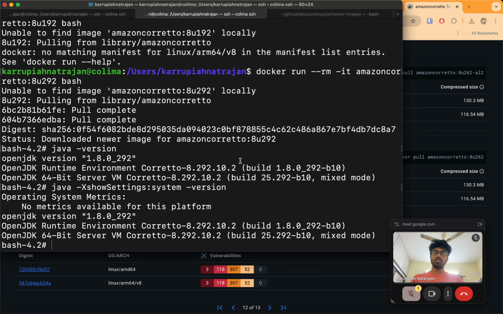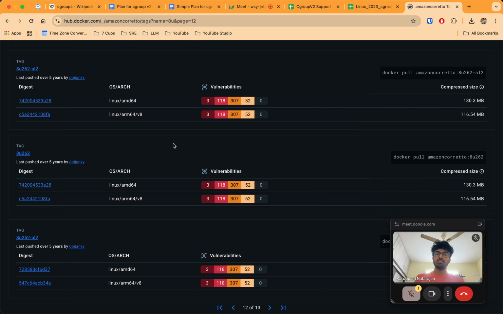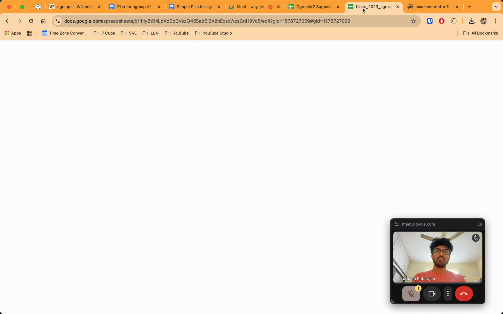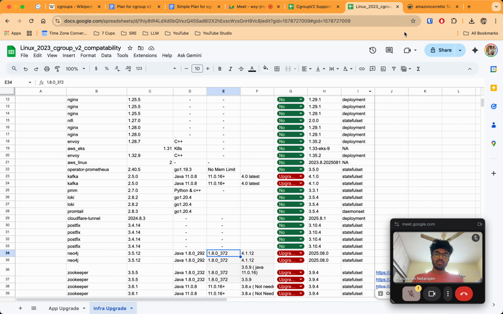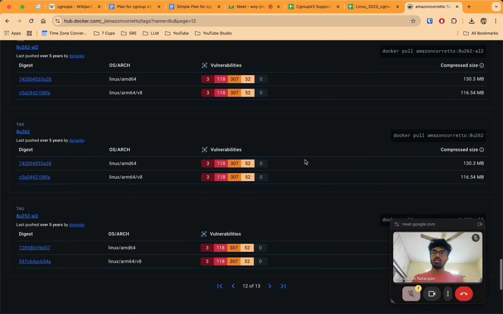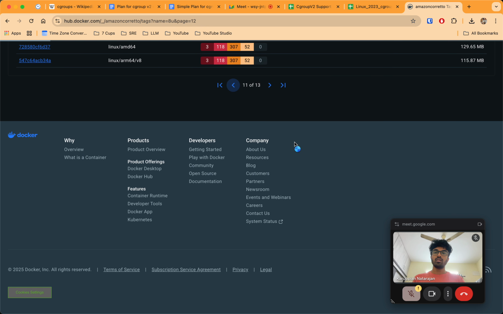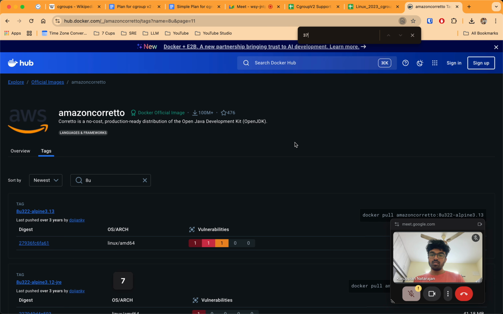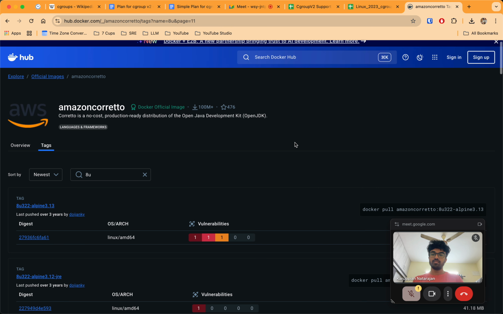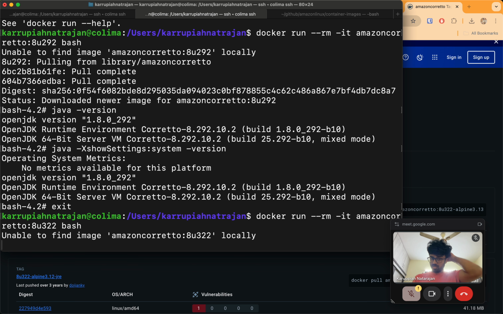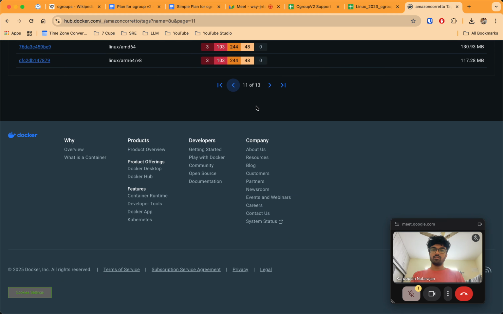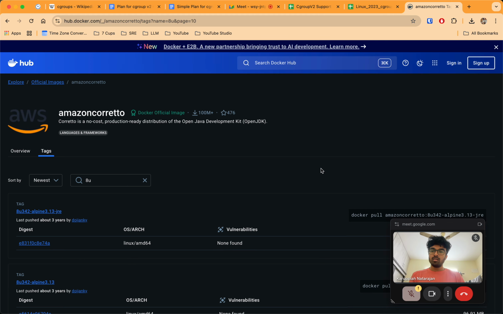Interesting. So it just says no metrics available for this platform. I think in Java, 372 we got it. Let me see if I can find 372. There's 342.